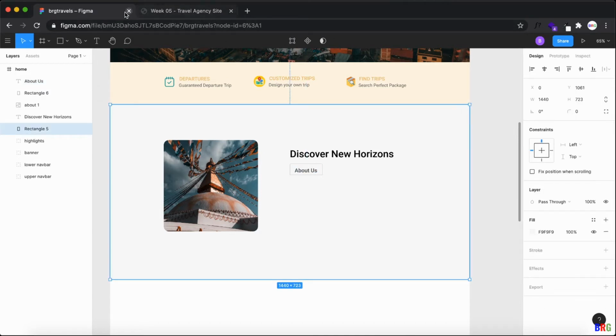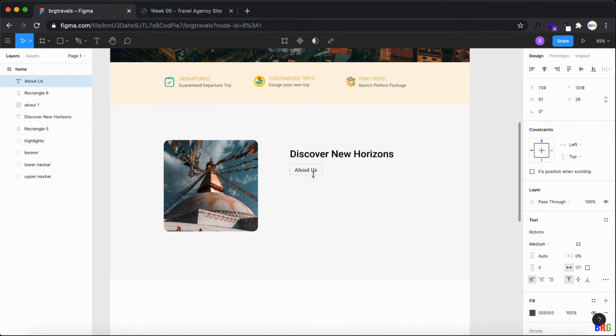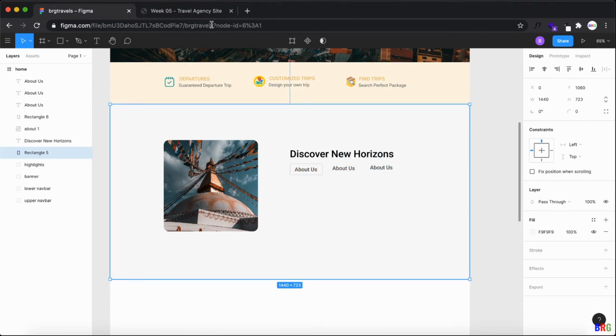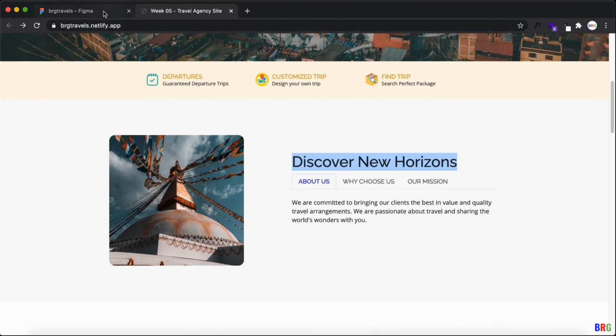Okay, and now yeah, you can do up arrow, down arrow, and then alt and right arrow, and then 60 probably, and release the mouse, and then 60, release the mouse, and we have why choose us and our mission.